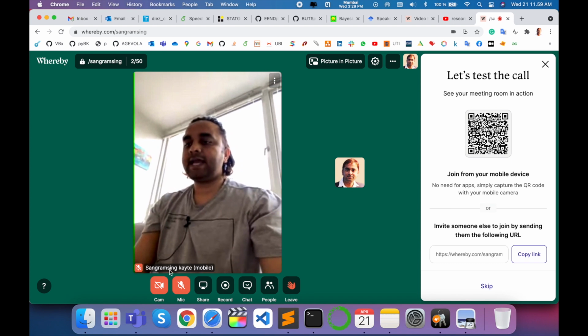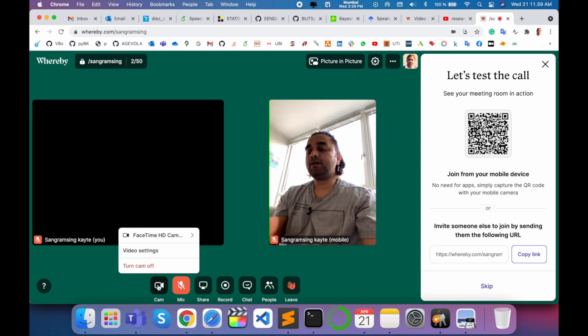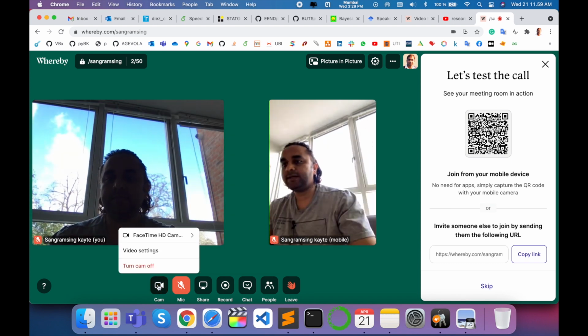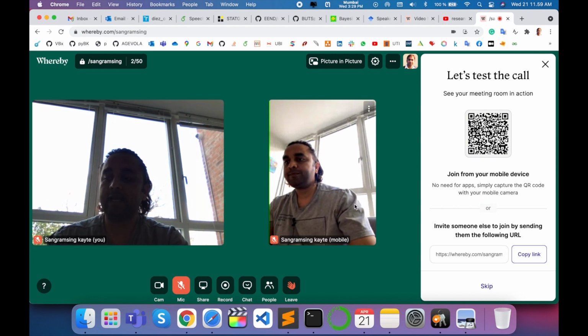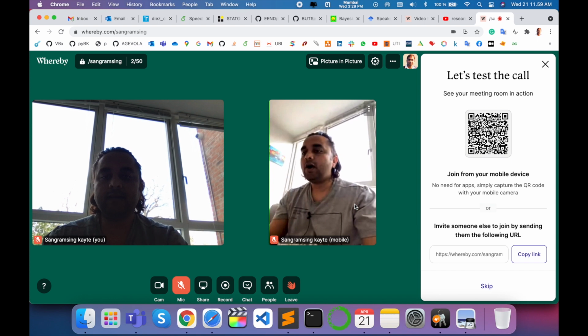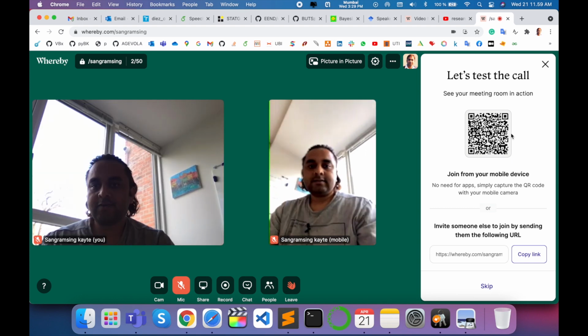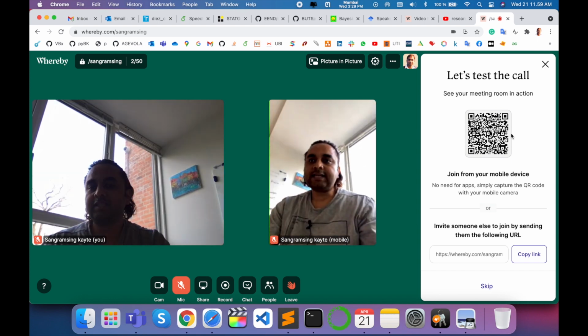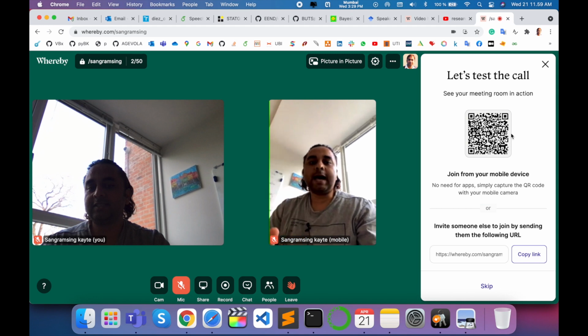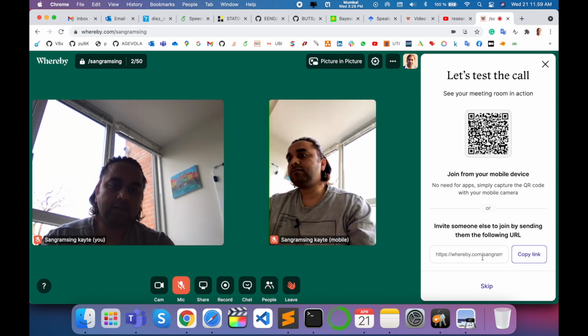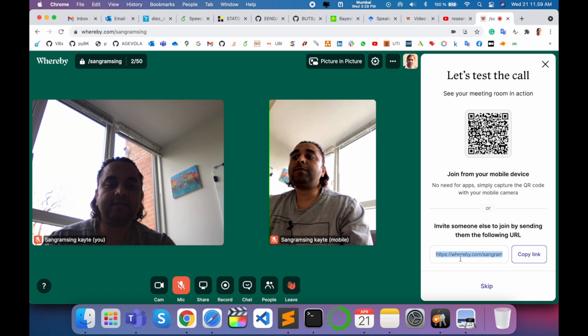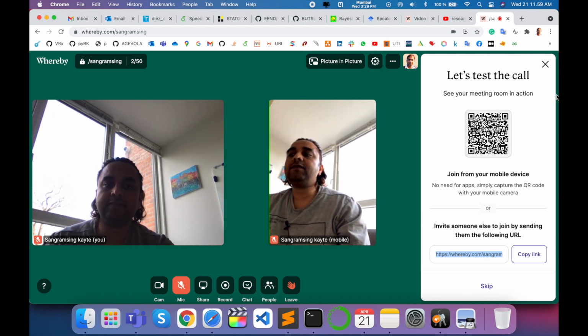So look at this. This is my camera, and now I am also opening my desktop here. So this is my desktop screen and that one is my camera screen, and both screens are continuously ongoing here. It's an amazing feature. In a fraction of a second I joined this meeting using the QR code. It's amazing, and I can use this QR code any number of times. Just like my link is this, whereby.com/Sangram Singh,